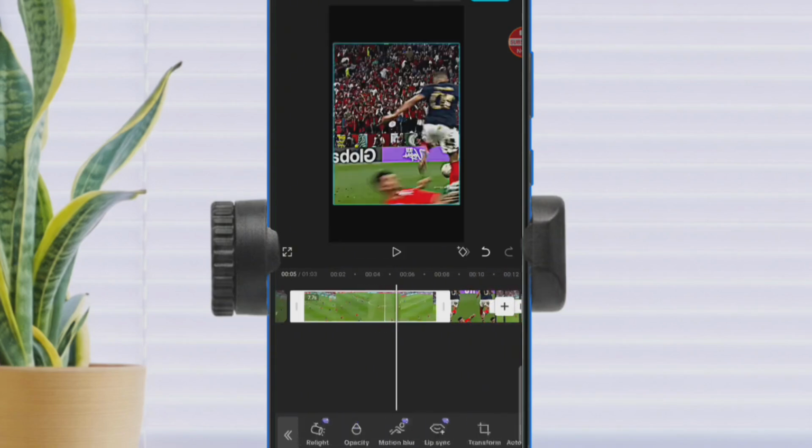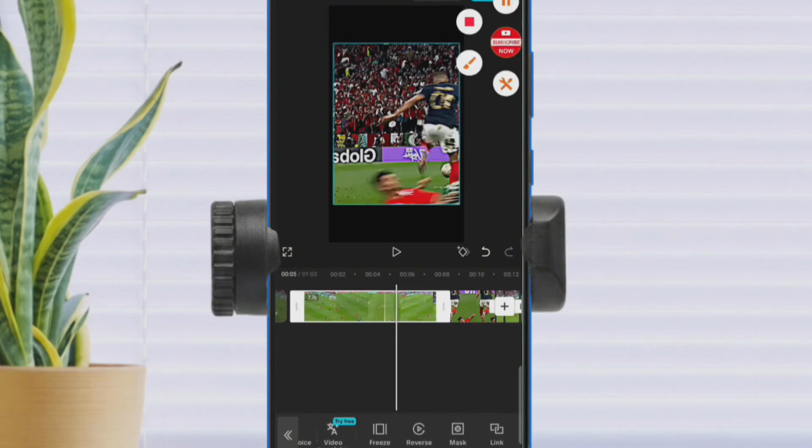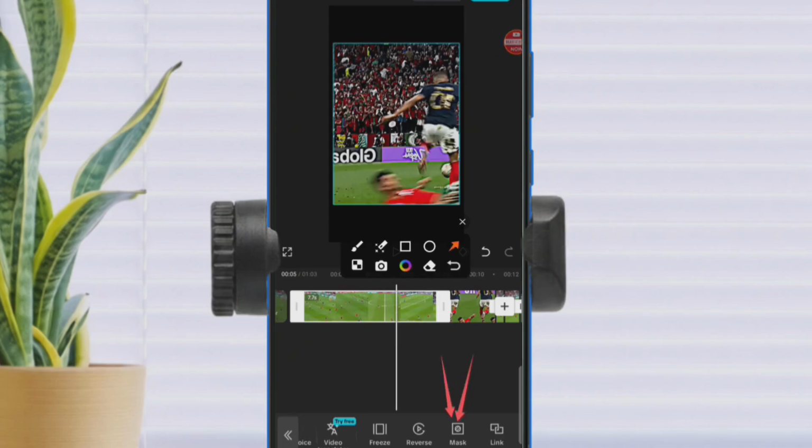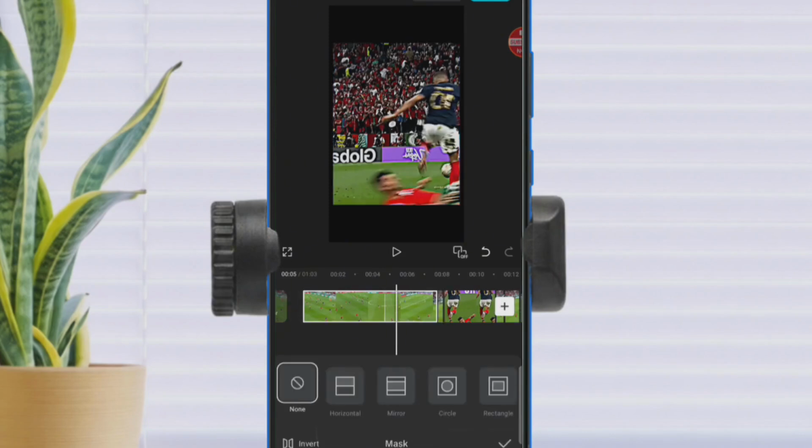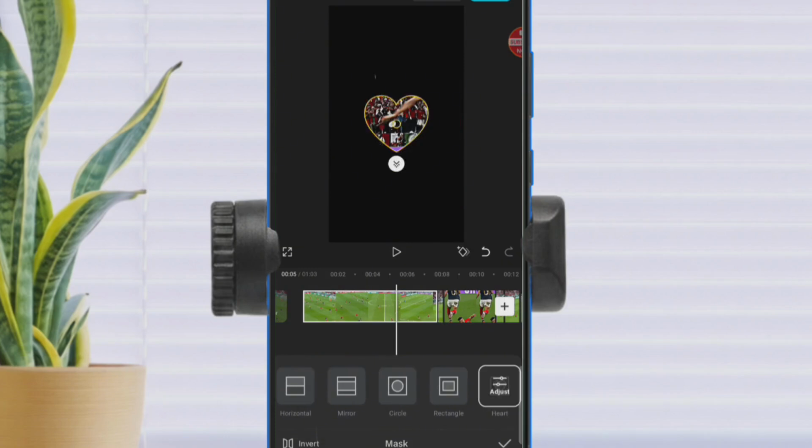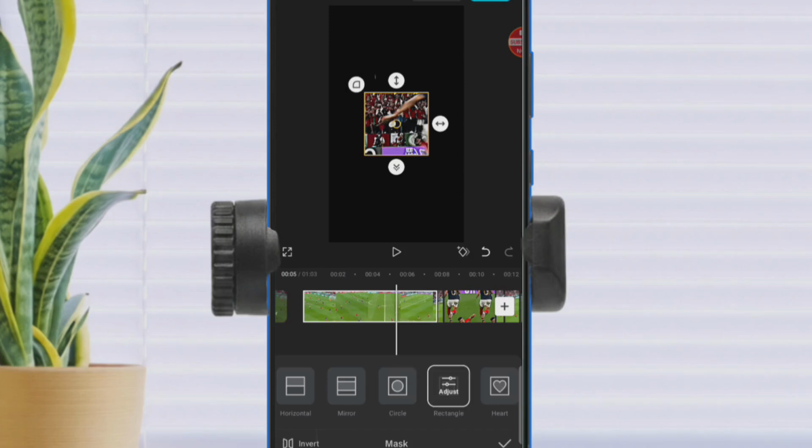Now, there is something we call mask, right? There is something we call the mask on CapCut. And this mask section actually helps you achieve some kind of structured video as well. So if you click on it, you are going to see a lot of shapes that you can convert your video into. You can convert your video into hearts, something. You can see you can convert it into a circle, and you can convert it into a square, right? So I want to use this square feature.